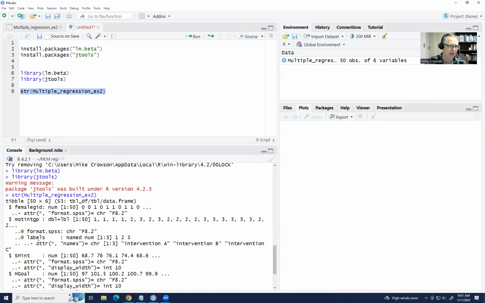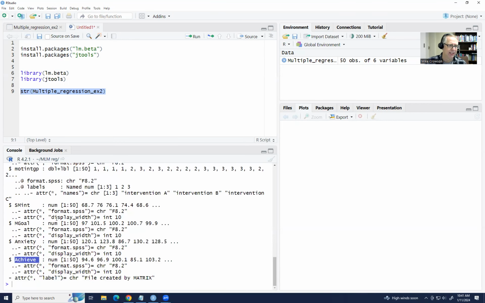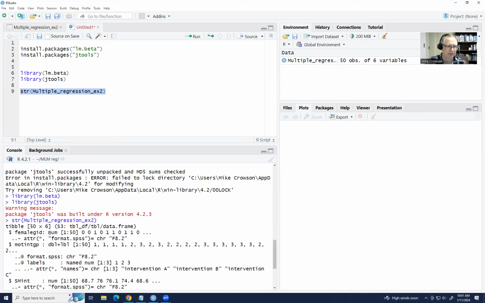And so basically all of these variables right now have been read in as numeric. You can see the characteristics of these variables as numeric. And it even turns out that the gender identification variable was read in as numeric, as well as that motivation intervention group. And so that would be a problem if we run our analysis without accounting for the fact that this should be treated as a factor variable. So at any rate,